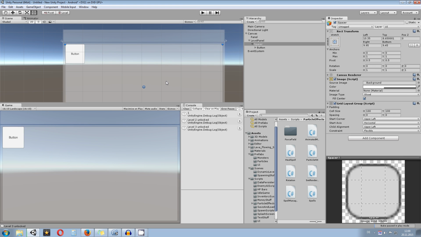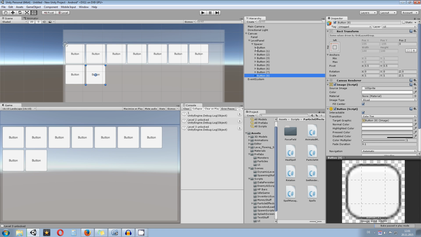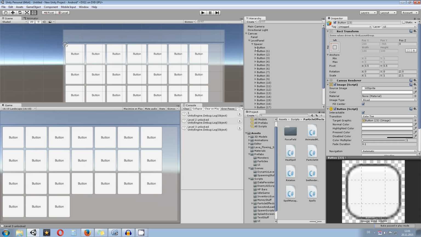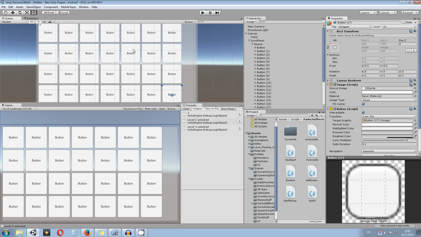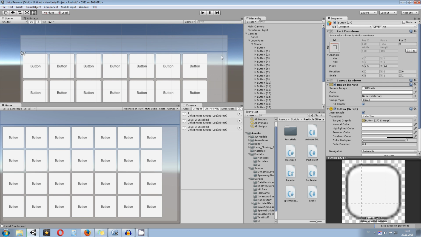Just click this one. What you see is it already deformed the button to a size of 100 by 100, and we can also set a spacing between the buttons, maybe like 5 by 5 pixels. So if we now duplicate that button, you can see it filled the spacer without any problems. As you can also see, we have 71 buttons, or actually 78 buttons, and if we like that size, of course, we can take our spacer and decrease its size, since we have some